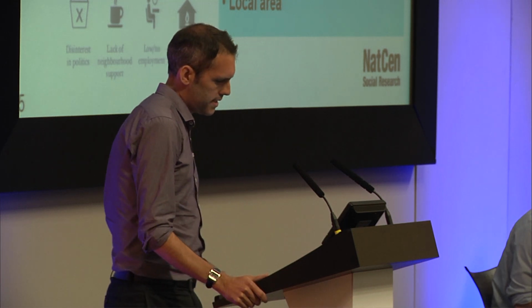Okay, so I want to focus on the statistical analysis we did to create the poverty types. So we used the Understanding Society data set. Peter's already said that this kind of superseded the British Household Panel survey. So Understanding Society is this huge, large-scale survey of 40,000 households in the UK, and it contains a huge range of demographic, social and economic data.